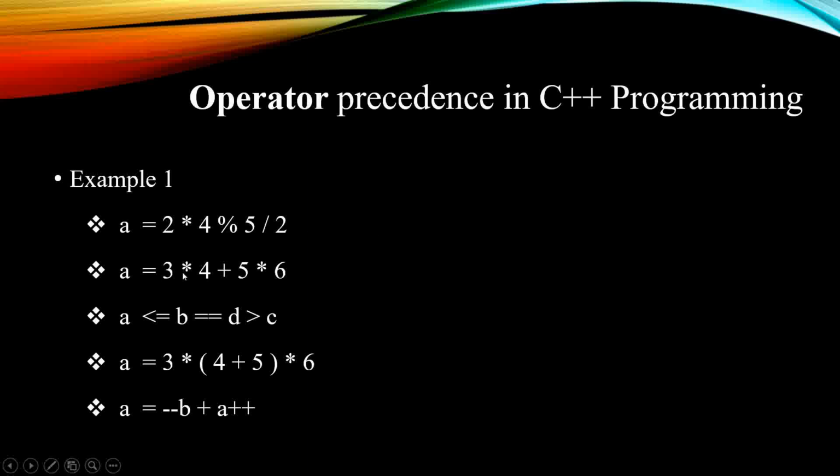For example እዚህ ጋር 3 plus 3 times 4 አለ, 3 times 4, then plus 5 times 6. Multiplication has always highest precedence than addition. This will be, for example in this context, መጀመሪያ ይሄኛው ኤክስኪዩት ይደረጋል, 3 times 4 ስንት ነው? 12, then 5 times 6, then it will be 30, then 30 plus 12, then it will be 42 ማለት ነው።